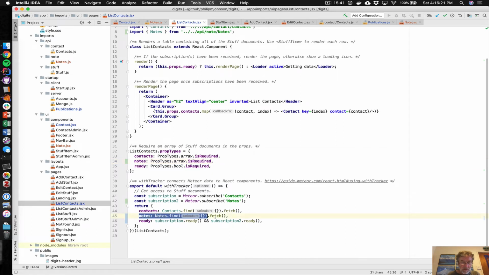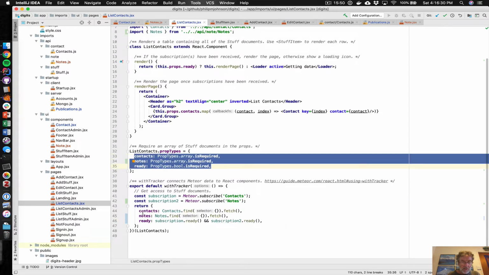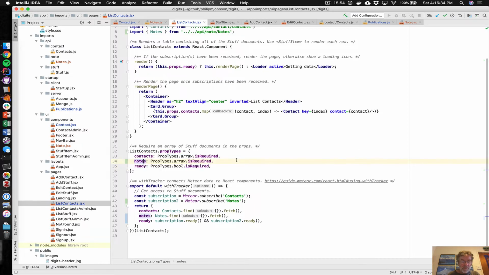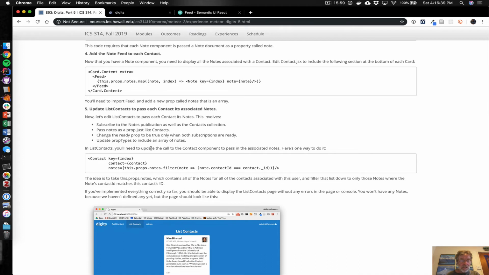Yeah, so we added that, plus we added that. So these should always be, kind of, in parallel. If you return 3 objects from this return statement, you have to declare all 3 of them here. All right, now in list context, you'll need to update the call to the contact component to pass in the